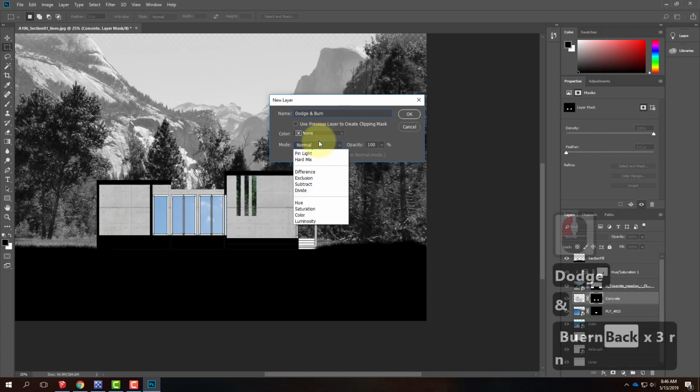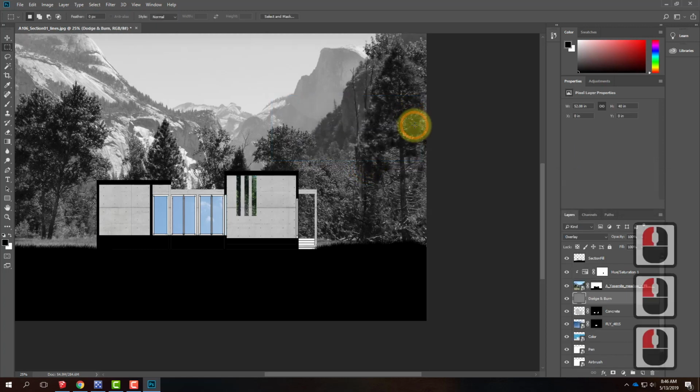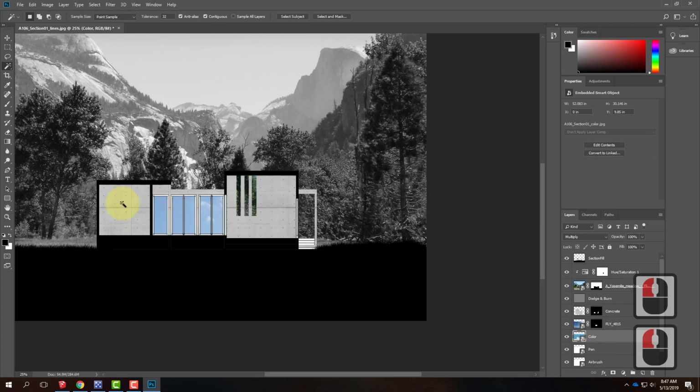Dodge and burn. This is going to be an overlay, and it's filled with the neutral 50% gray. Go ahead and say OK. Now in this dodge and burn, I want to work just on the inside of the building. So I'll use my magic wand, and again with the color to help my selection here, we'll select the inside of the building,